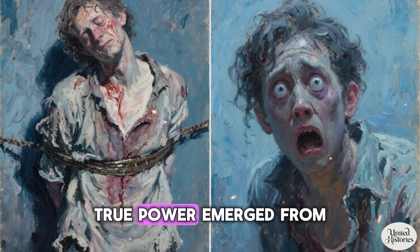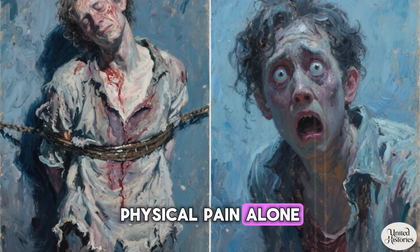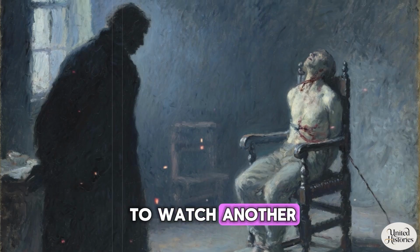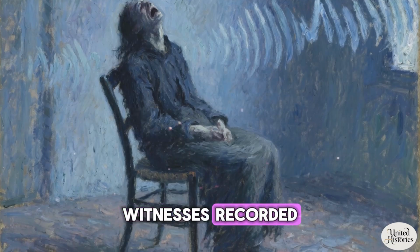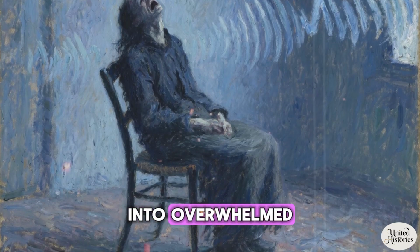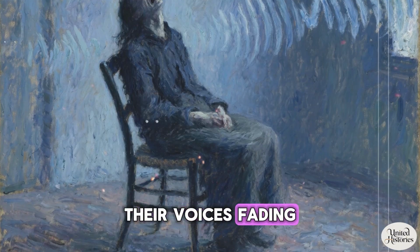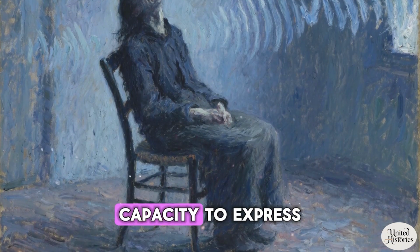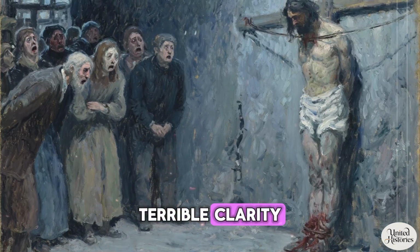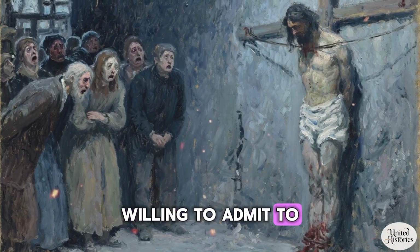The device's true power emerged from psychological torment rather than physical pain alone. Before a victim ever touched the chair, they would be forced to watch another prisoner endure it. Witnesses recorded how condemned souls would cry out and eventually fall into overwhelmed silence after mere hours in the chair, their voices fading as suffering surpassed their capacity to express it. Those watching understood with terrible clarity what awaited them, and many confessed immediately, willing to admit to any crime rather